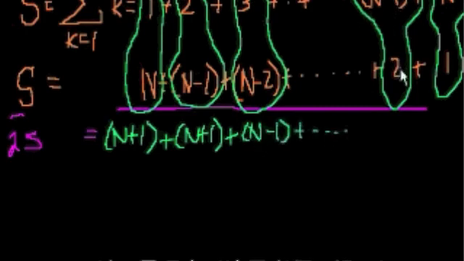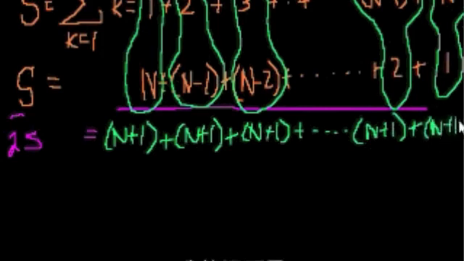And what's n minus 2 plus 2? Oh, sorry, this is a plus. n plus 1. And what's n plus 1? Well, that's just n plus 1, of course. So my question to you is, how many of these n plus 1s are there? Well, there are n of them, right? Each n plus 1 corresponds to each of these terms. So there are